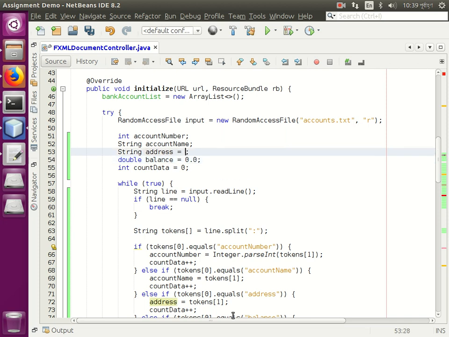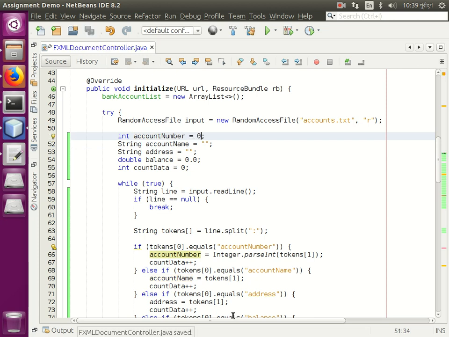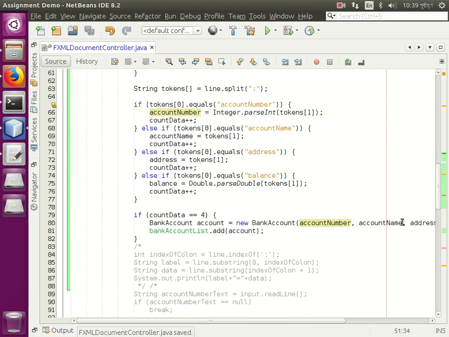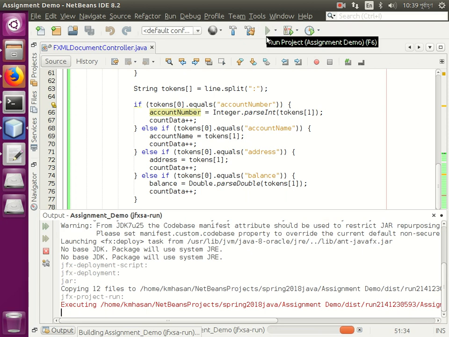So let us put some initial values over here. It can be an empty string, it can be null. Whatever fancies you, you can put in some dummy data, knowing that this is not going to get stored, but somehow this will get replaced as you're reading the lines. So if you run this project now, hopefully,